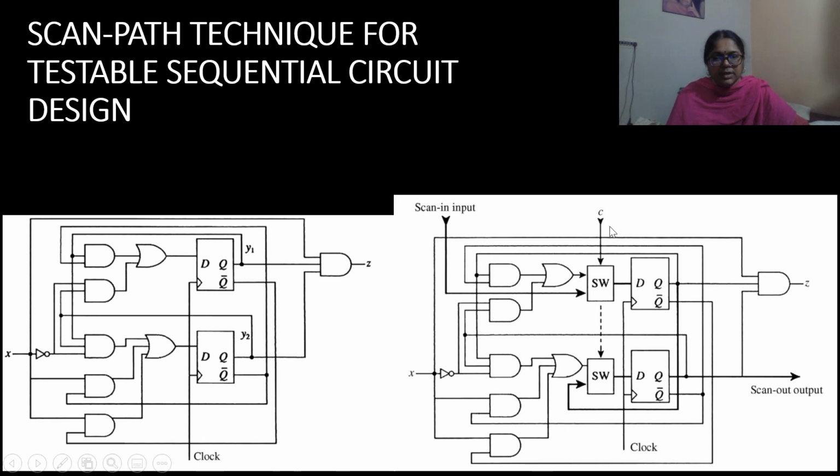So when we are changing the C input to 1, that means we are changing it to shift register mode. So already the input to the D flip-flop, we had already got these two inputs, and then we can find out what is the output of the second D flip-flop, and then because C is equal to 1, now the output of the first D flip-flop will be shifted to the second D flip-flop, and then that also can be tested. So we will be able to know whether any fault is there in the circuit. So this we are going to repeat.